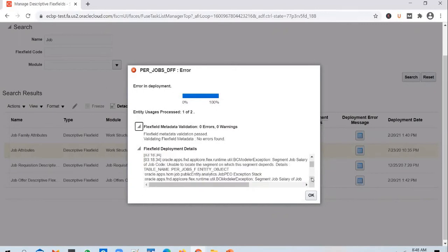Getting some seeded error now. It's just unable to locate a segment on which this segment depends.